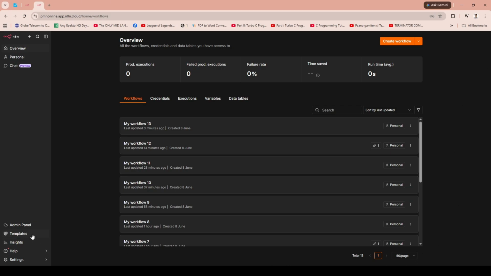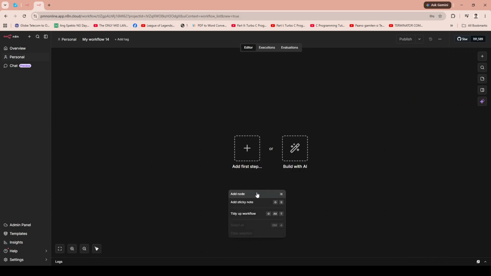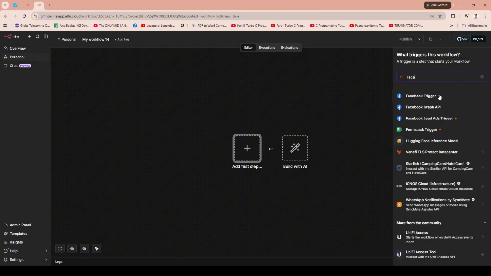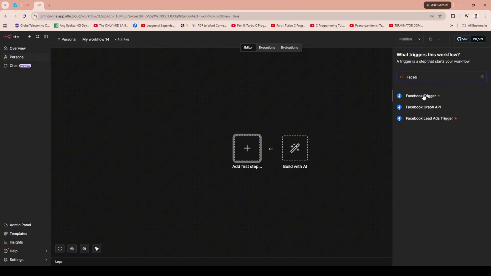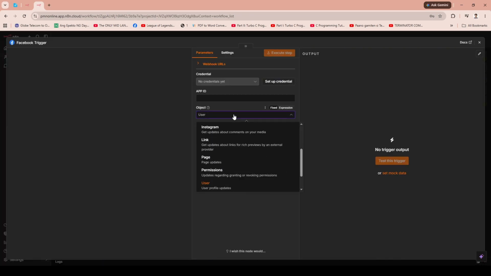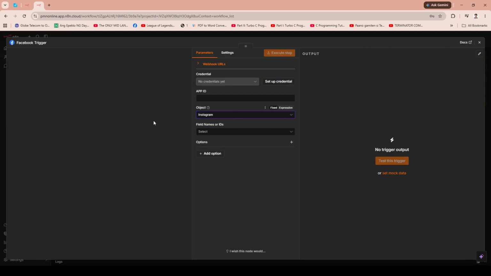Let's begin our journey by understanding the first crucial step. We're going to incorporate a Facebook trigger node into your n8n workflow. Now, you might be asking yourself, why a Facebook trigger node when our ultimate goal is to automate Instagram? That's a great question. The answer lies in the fact that Instagram and Facebook share a close-knit relationship in their developer ecosystem. Since Instagram is owned by Facebook, many features of these platforms are integrated, particularly when it comes to